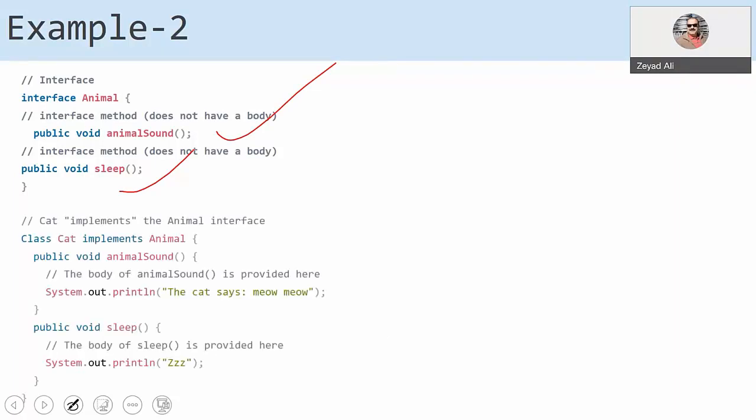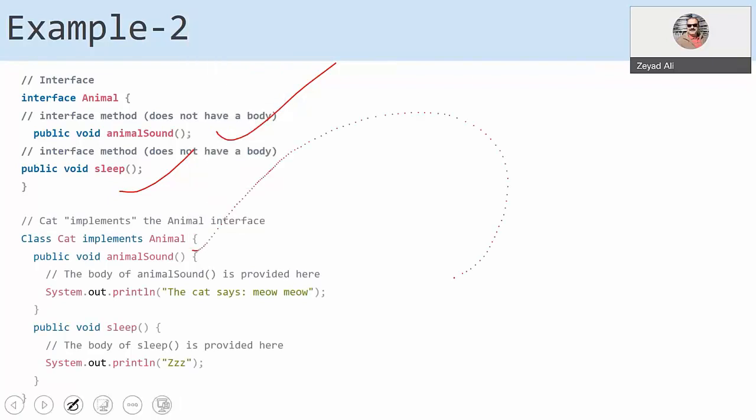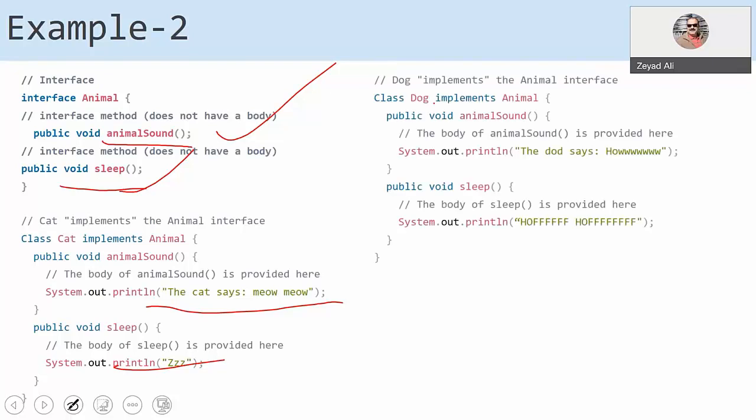Look at this, cat. Class cat implements animal. What does implements animal mean for me? That you have your own animal sound and your own sleep. So here, this cat says meow. Look at this code again. Class dog implements animal. So the dog must also provide its own implementation of the animal sound method and the sleep method.